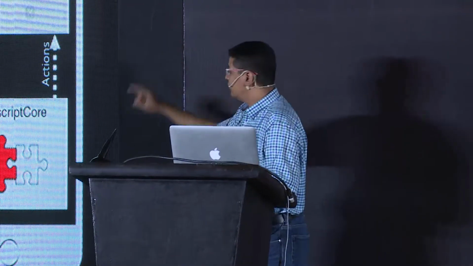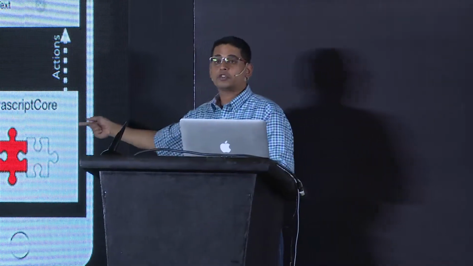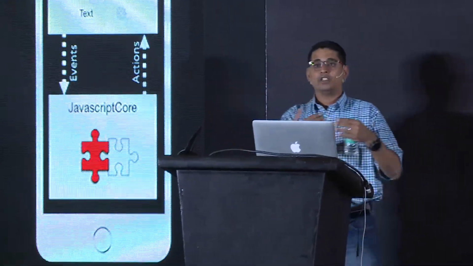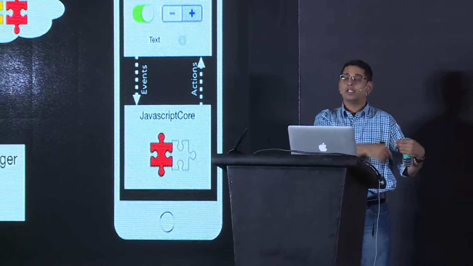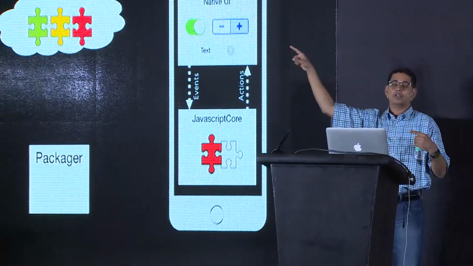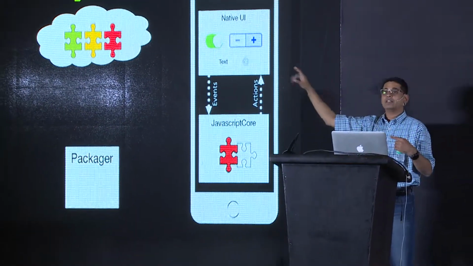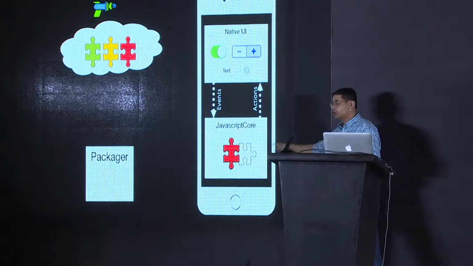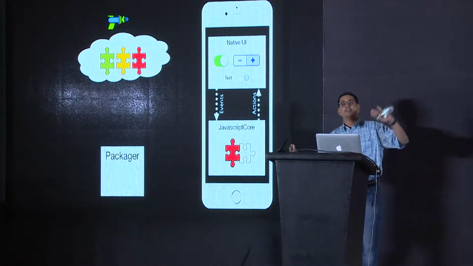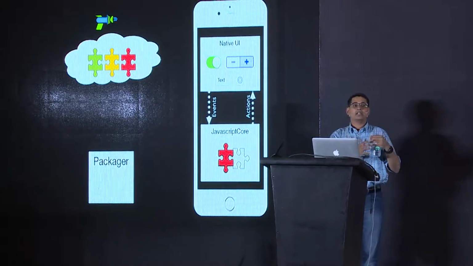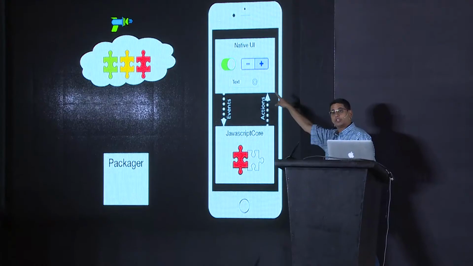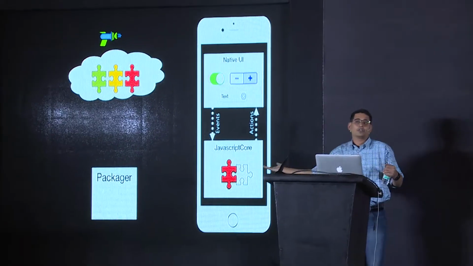So again, as I said, the caveat there is do not convert your real estate app into a Tinder app. But having said that, here's the CodePush story. The native UI is not going to change. When the JavaScript code loads, rather than loading the file that it has on your local device, it's going to check if there's a new file on the cloud. If there is, it's going to download that, and because the new code has all the logic to create a different colored button or a different UI, that works from here, and this drives all of it at the top. And that's how it works on iOS also.